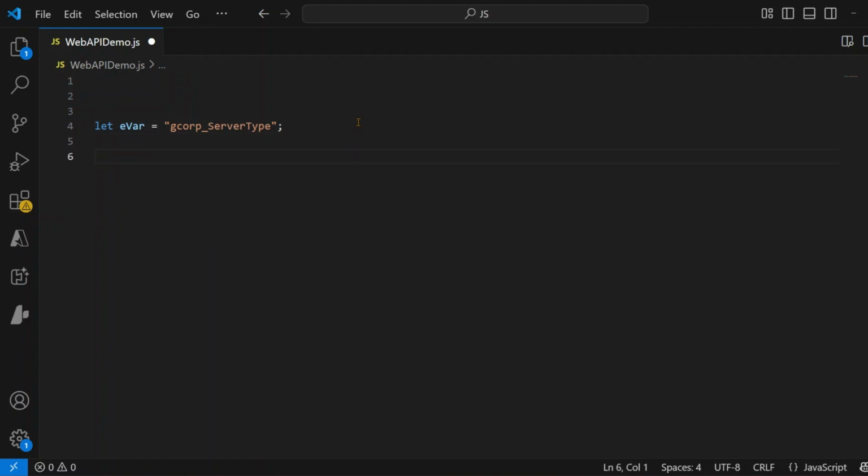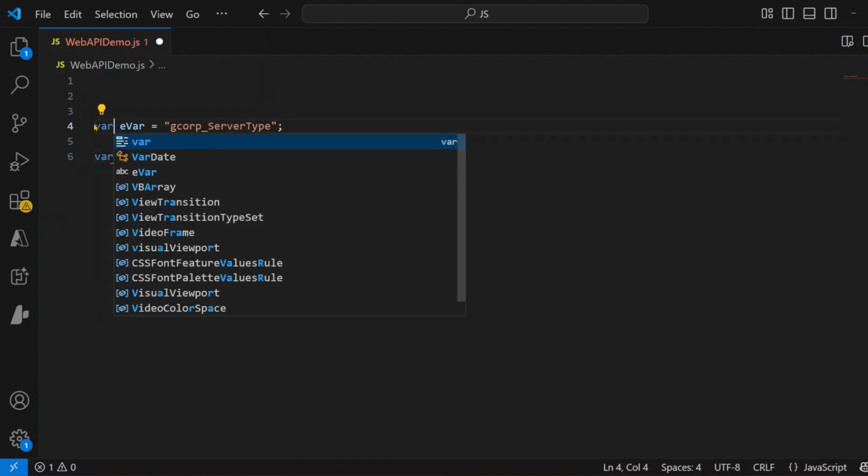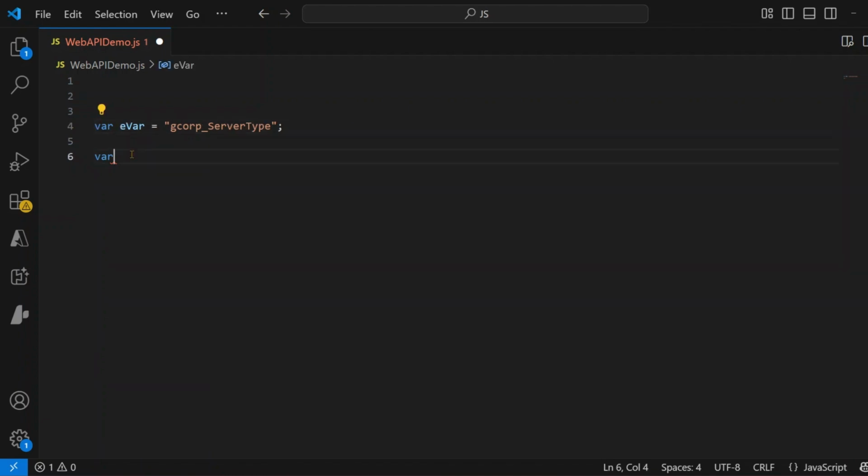Now how do you retrieve this value? Let's use let or where. Let me use let, or maybe let me use where for the time being. Okay, so let me use where evar, and here we will get the result. So the result is xrm dot web api, and we will use the logic of multiple retrieval. So xrm dot web api dot retrieve multiple records,